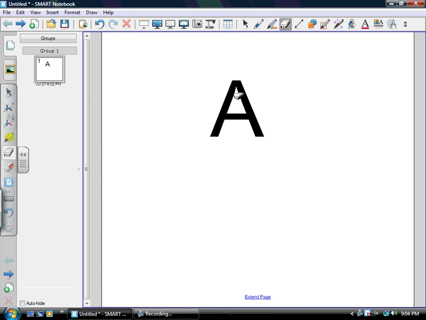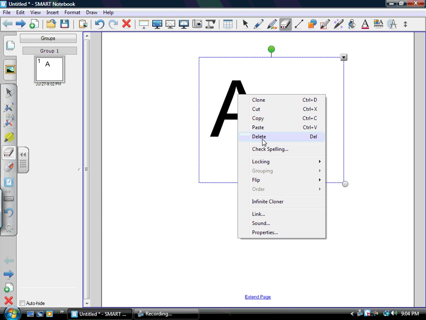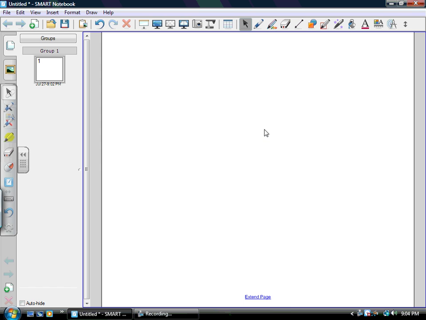To get rid of this whole thing, you just right click on it. Easiest way to do it is just hit delete. There you go. Again, you can do this with not only letters but with words. So let's go back. Again, I'm on the cursor. So in order to write something, you have to go back to the pen. Let's use color red, and I'm just going to do